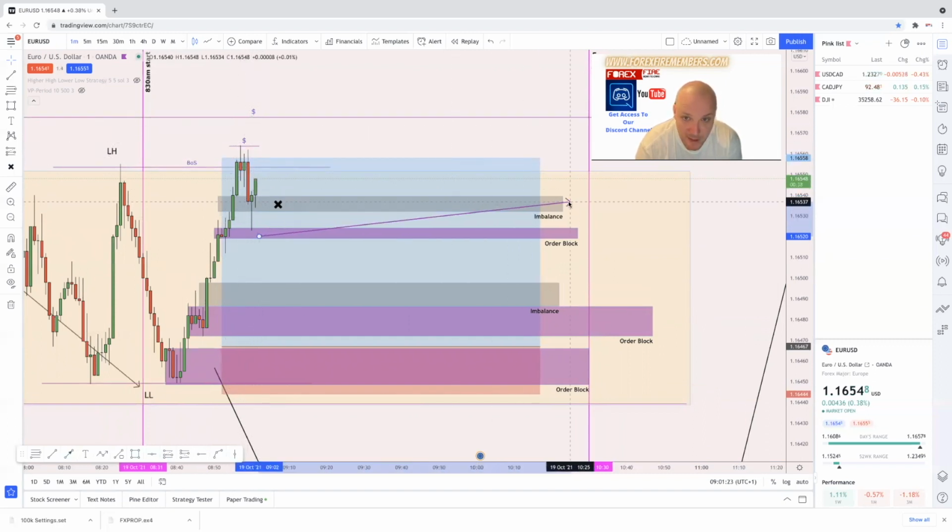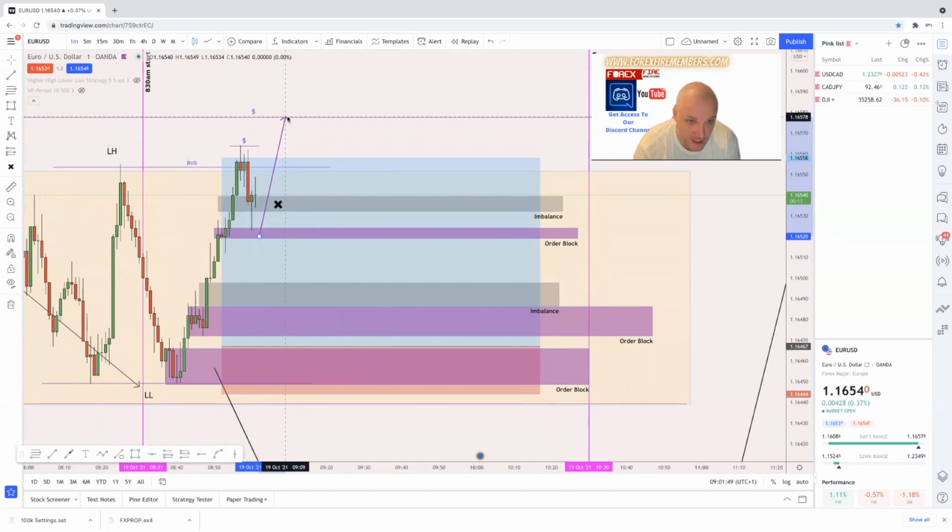We've come down, met the imbalance here, okay? But then we've also, bang, slammed and touched into this little order block here. These all hold relevance within the structure, okay? And you can see it's slam dunked into that order block. It's mitigated into it, and now it's going to push. The question is, is it going to push and take liquidity here,